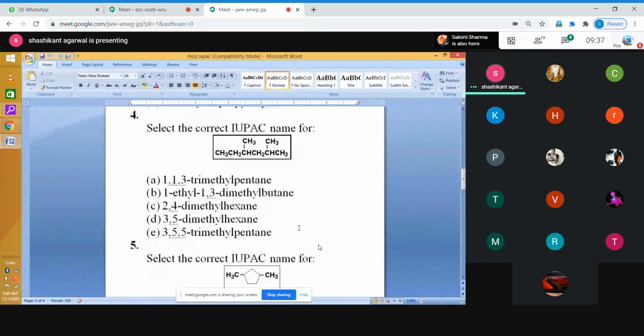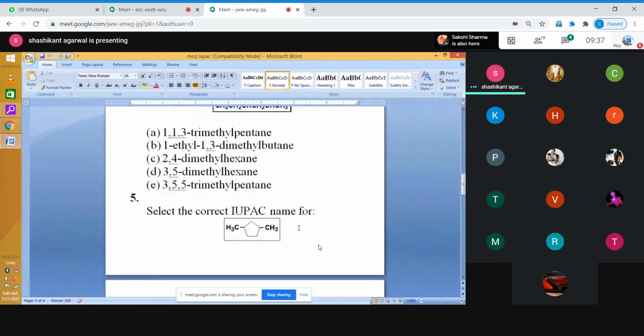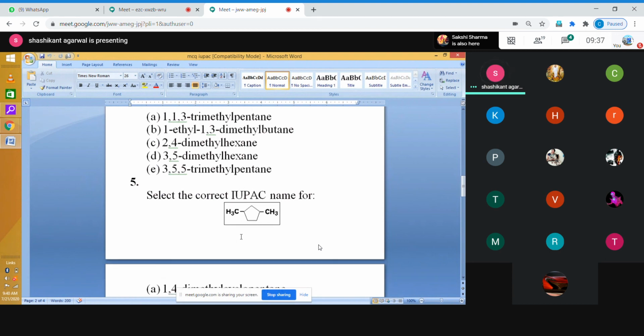What about this one now? I'll not show you the options. What do we call this particular ring, which you can see in between? How many carbons are there in this particular ring? 5 carbons. Can you see any double bond? No. So what is the name of only this ring? I'm asking only this ring. Cyclopentane. That's correct. It is cyclopentane. And now these are the options that are open to you.